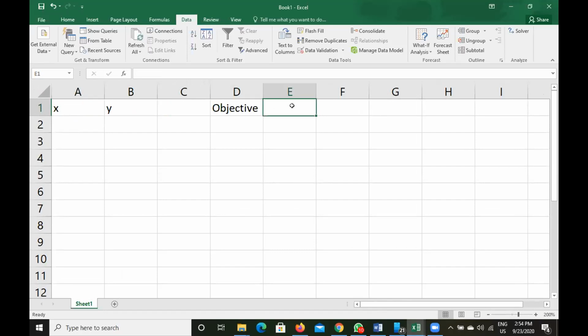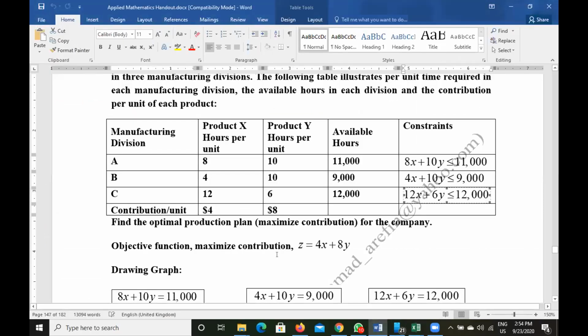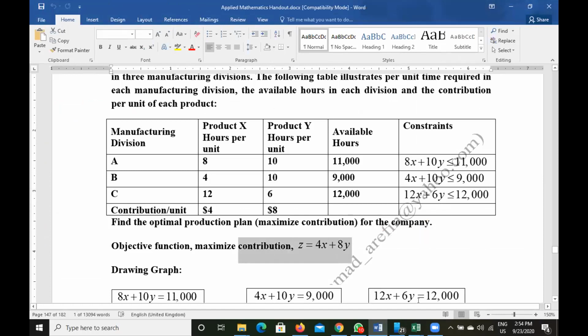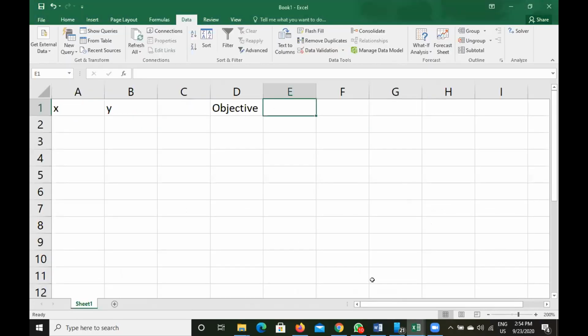Okay, so objective is what? Here the objective is 4x plus 8y.